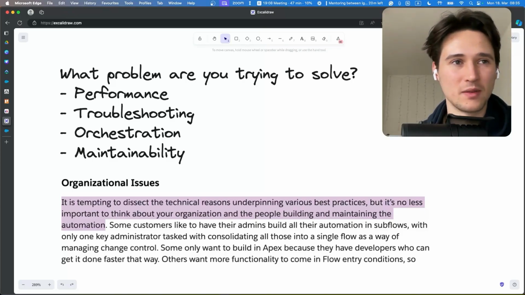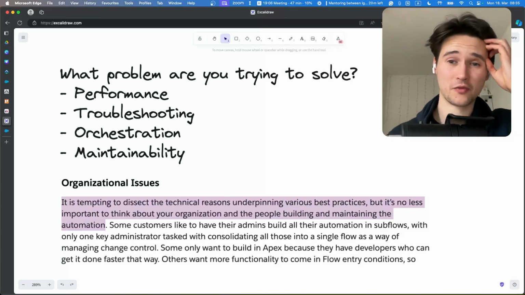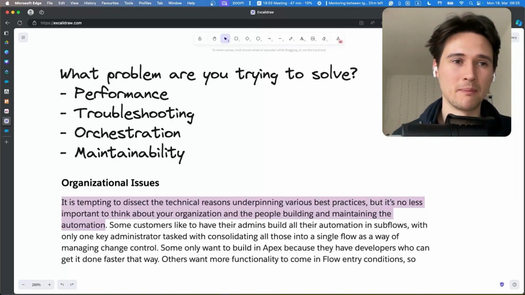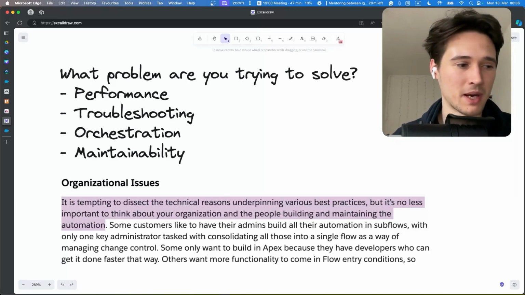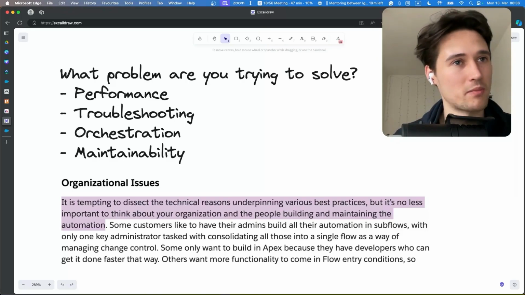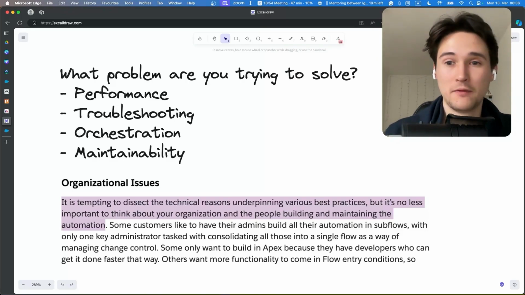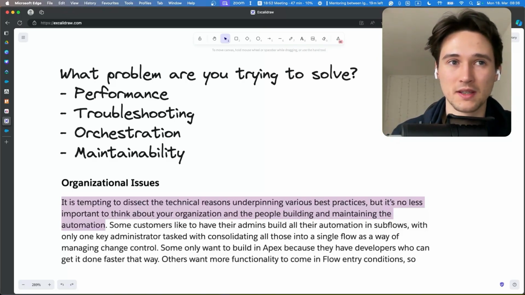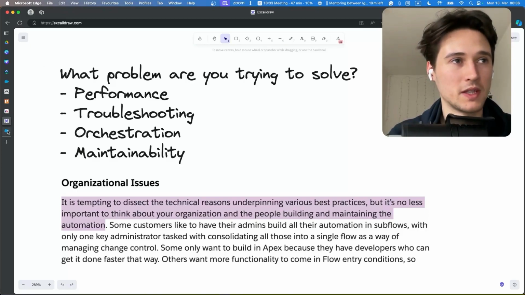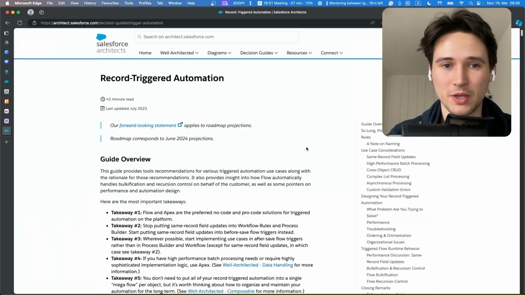So basically, we can argue here for a very long time. What should you do? It's a best practice, blah, blah, blah. But also it's important to keep in mind who you have on the team. Because if you have a team of developers, well, flows are probably not the best choice. And if you don't have any developers, then flows are the best. It all comes back down to the people. So if you go and read this article, it's really good, it goes much more in depth. So yeah,